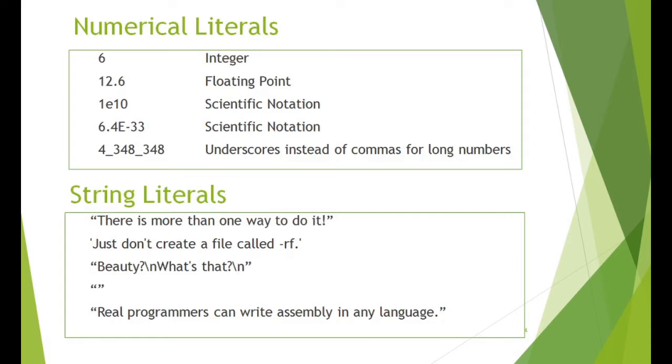./hello.pl. These are examples of numerical literals, and these are examples of string literals. Here you can use scientific notation with a small e or capital E. Here you can see that instead of a comma I can also give an underscore. String literals are zero or more characters enclosed by double quotes or single quotes. If you are enclosing it with double quotes, then in the middle you can have a single quote like this. You can have a \n, and this is a zero length string. This is another string enclosed by double quotes.